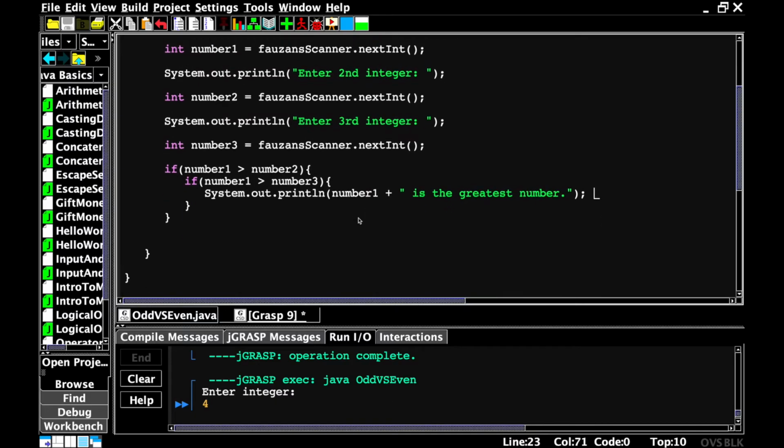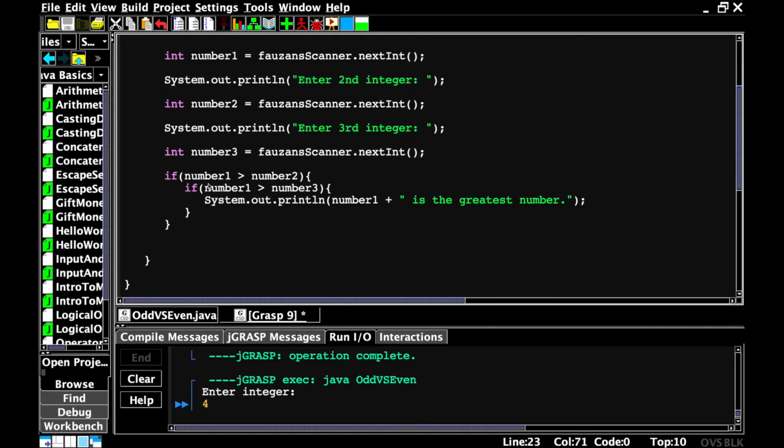Alrighty, so what I did with this if statement is basically find out whether or not number 1 is the greatest out of the 3 integers. What it does first is says if number 1 is greater than number 2. If number 1 is greater than number 2, then it will execute what's in between these brackets, because this Boolean expression will evaluate to true. Then it checks whether or not number 1 is greater than number 3. If number 1 is greater than number 3, that means that number 1 is greater than number 2, and it's greater than number 3. So then it executes number 1 is the greatest integer,